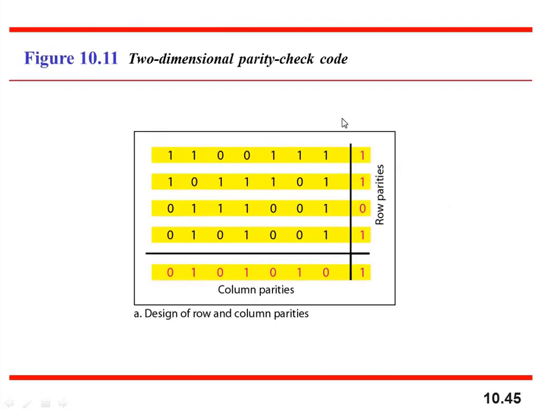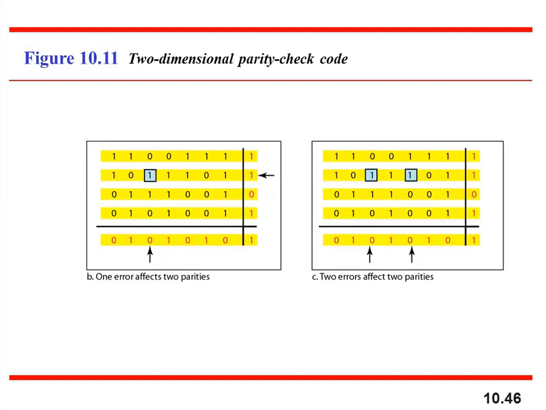If you want to check the two-dimensional parity, you can check the column parity as well as the row parity, and this helps calculate the parity bit for rows as well as columns. So this bit will give you the parity of the row as well as the column. Here you can detect an error. By checking the number of rows and columns, you can find out in which bit the error is.